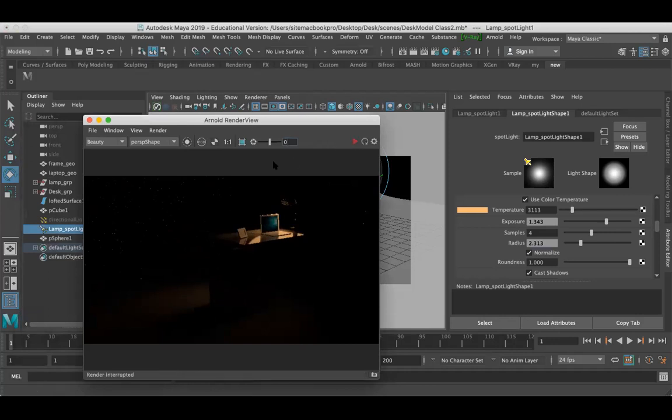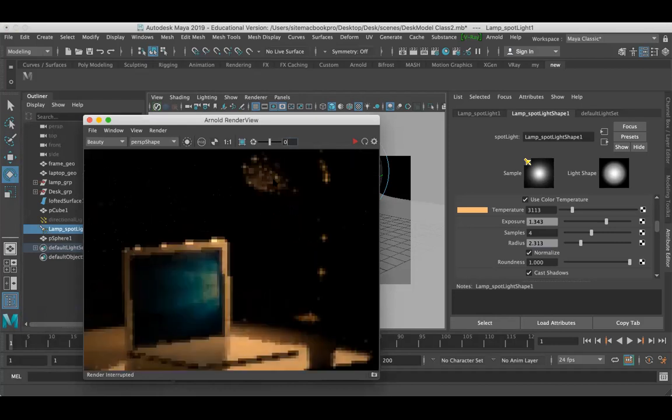Now, look at here. This material, look at here. In my scene, I cannot get a proper render here. It's because something is hiding. So what I want to do is I have to work some more here.